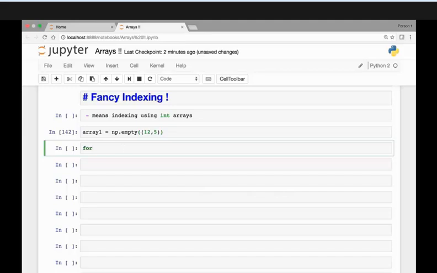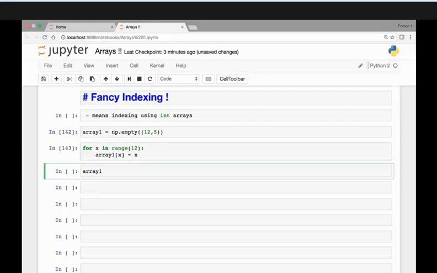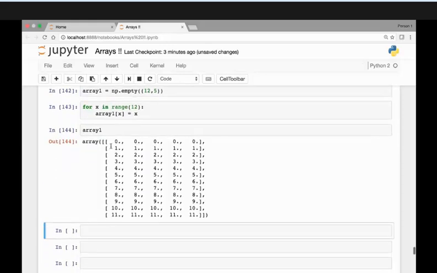use a for loop and say for x in range, let's say 12, we can index our array1 object at index x, and then we can set it to be equal to x. Now if we call our array1 object, the first row is an array of zeros, and then 1, 2, 3, and